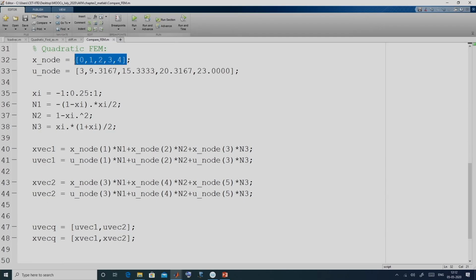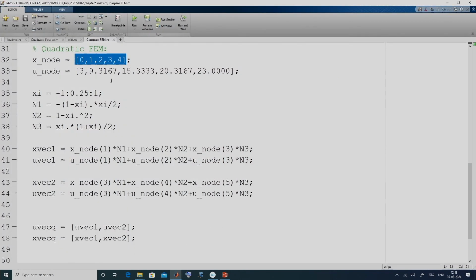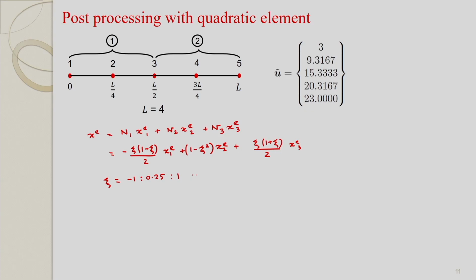Now these are the nodal coordinates, these are the nodal solution for the dependent variable u. So in the MATLAB program, I am writing these as u node. Now for these xi values, we directly calculate n1, n2 and n3. So we have a total of 9 points.